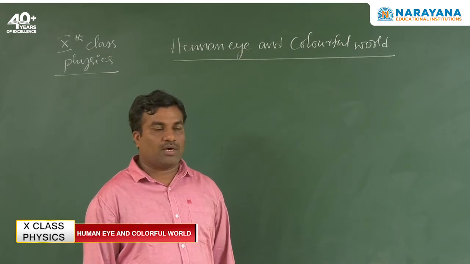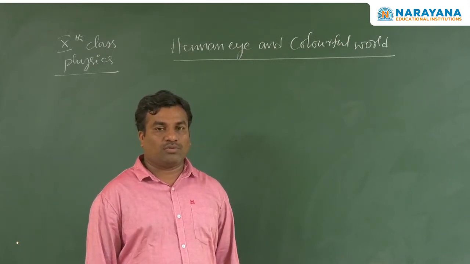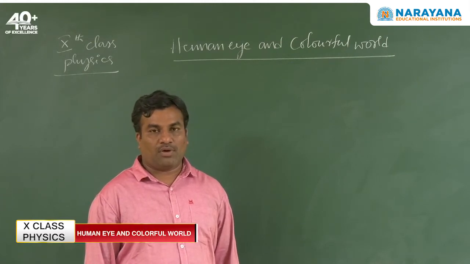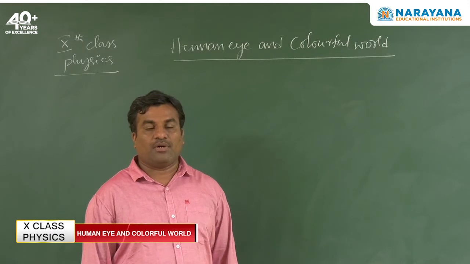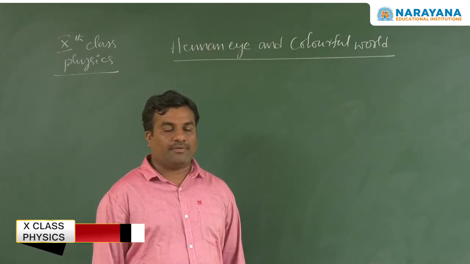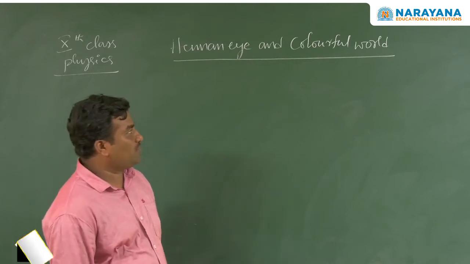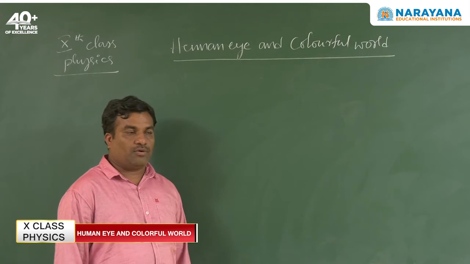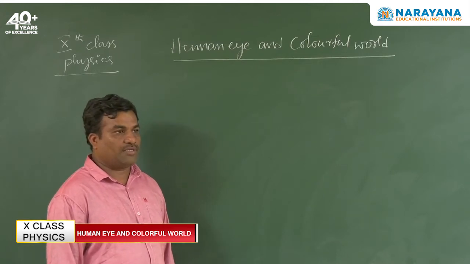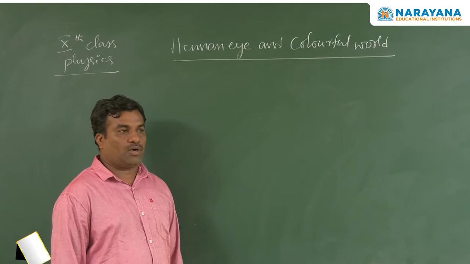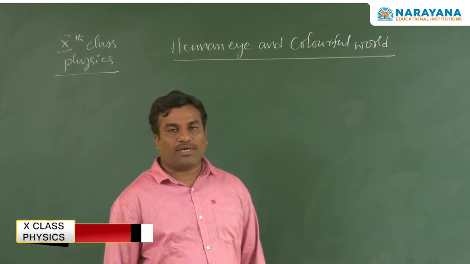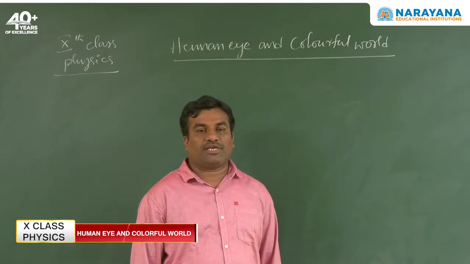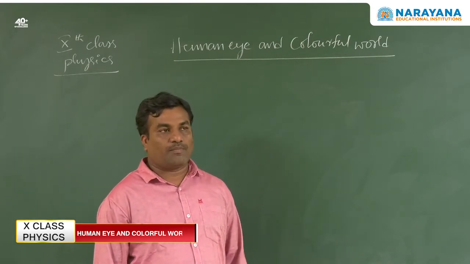Next we discuss the working of the eye lens, and how many components there are inside an eye. Basically, first of all we are looking at the human eye. The first component is the eyeball. The eyeball is nearly spherical in shape and is covered by a very sharp cover.